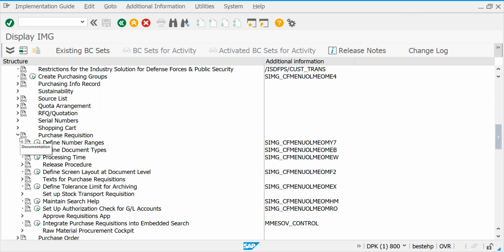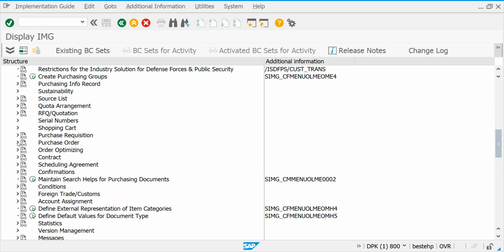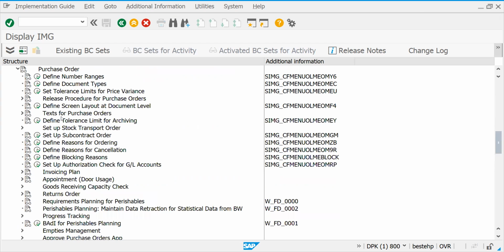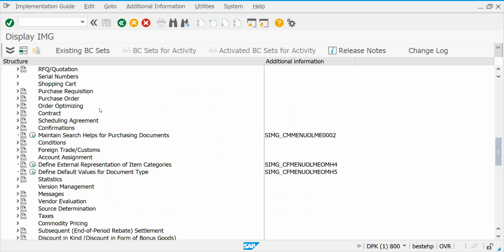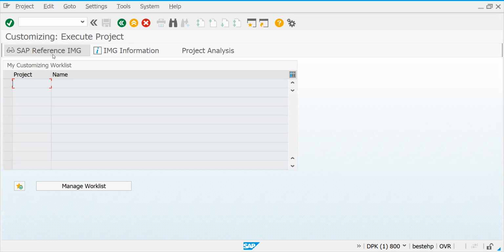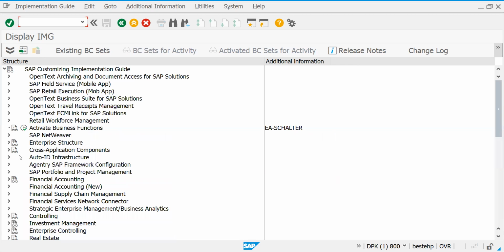This is different, this is under a different way. Purchase order is also different: purchase number ranges, document types, and all this. I will explain, not now. Here, purchase organization group. In ECC 6.0 some changes are there.